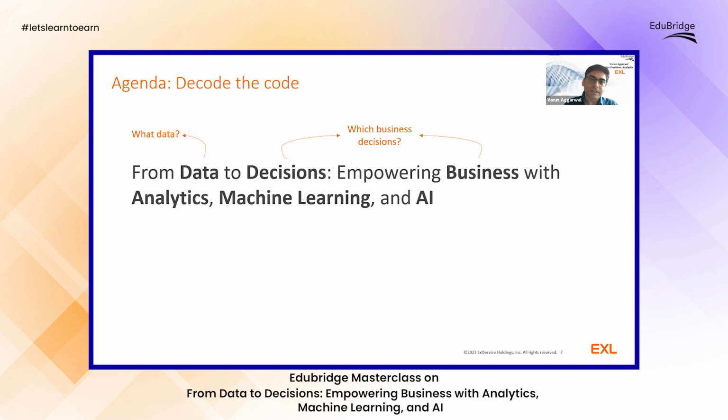Right. So it's not that data can be used to make decisions which are not relevant to the business, because it is in the context of a particular problem. So hence, we would also try to understand what these business decisions are, typically where data can be leveraged to make informed decisions. Then the other question is, what are these enablers? We're talking about analytics, machine learning, AI. These seem to be jargons at times, and very hyped topics. There's a lot of buzz around it, and everyone is talking about it. So we need to understand how they are differentiated, how they're related, and what tools and techniques are available.